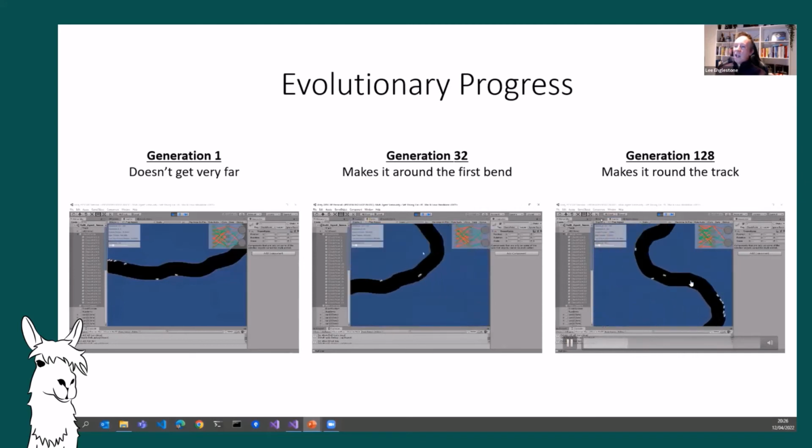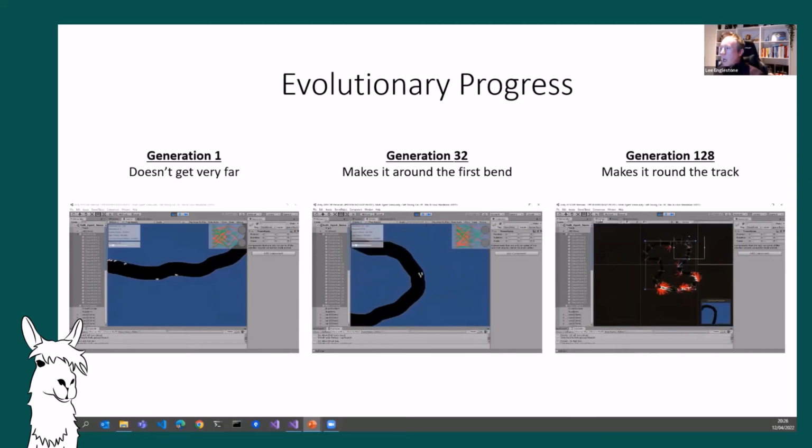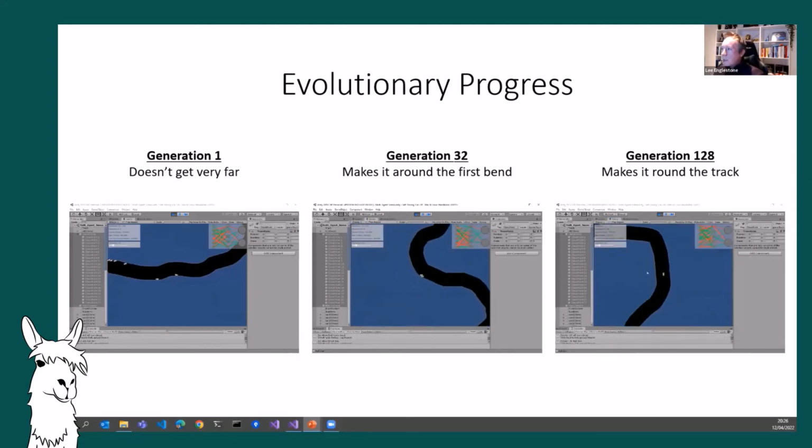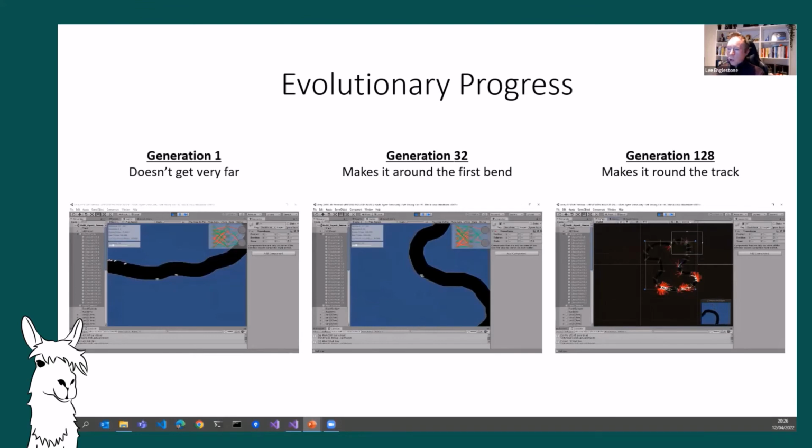And this isn't necessarily always linear. I run the simulation sometimes, and it only takes until generation 58 to get all the way around the track. Sometimes it takes over 200 generations. But it does learn how to make it around the track. And not only that,